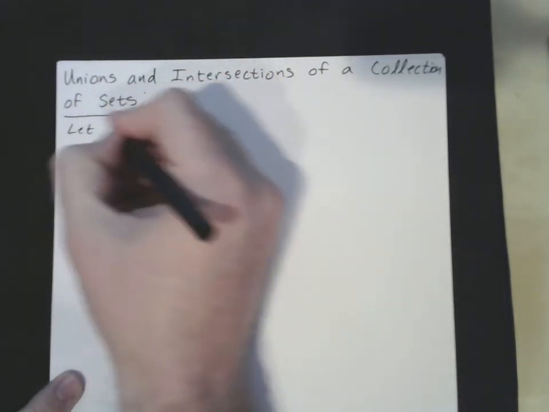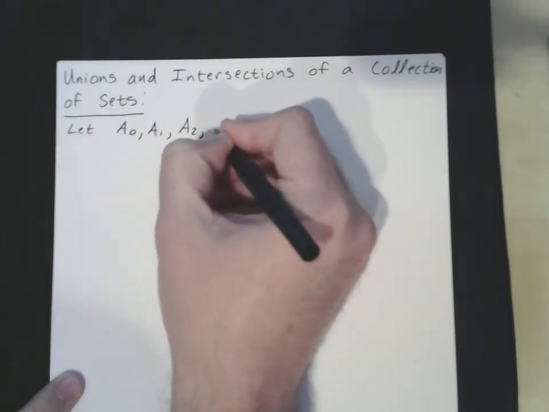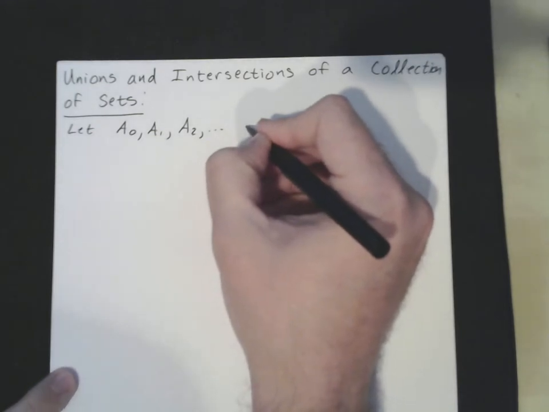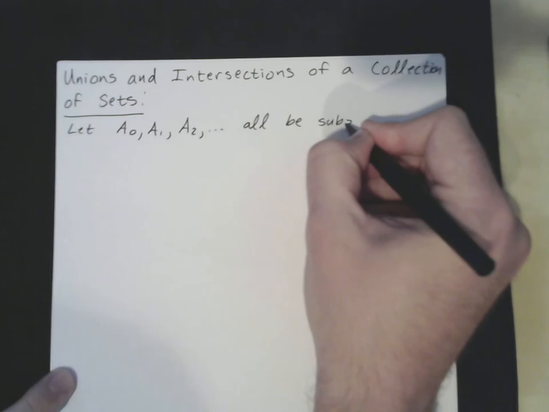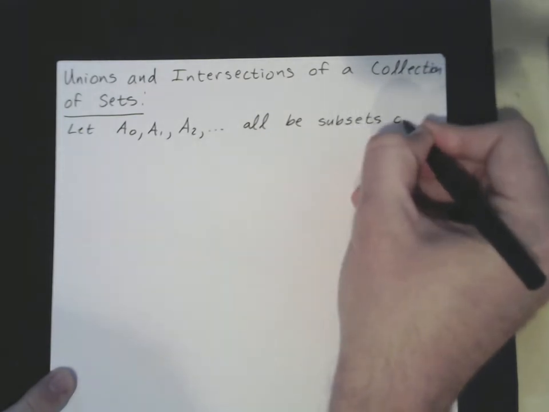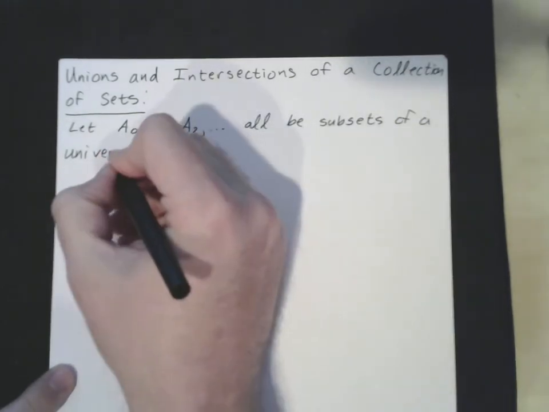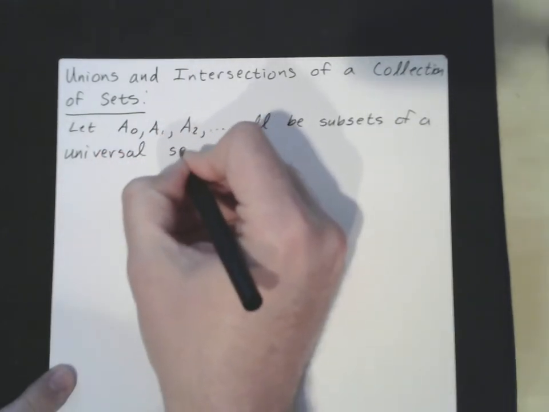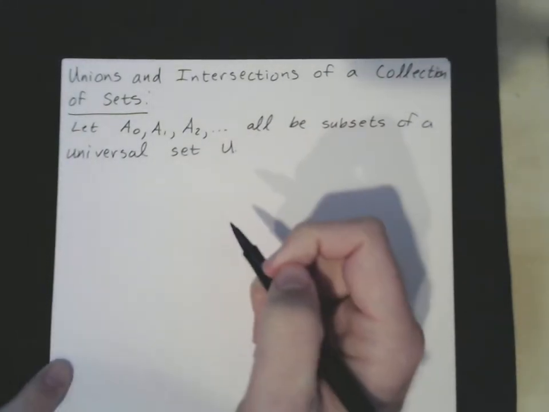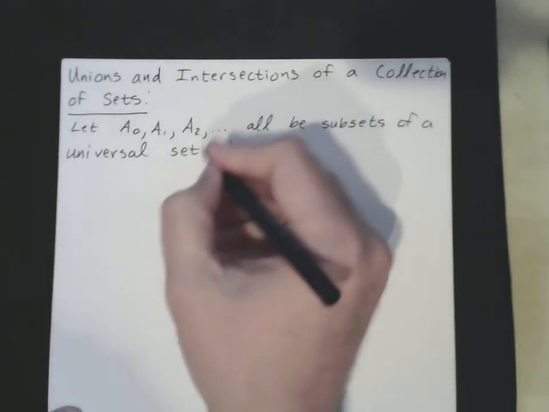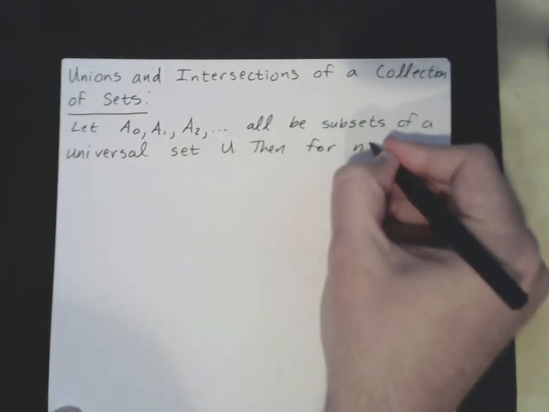So we're going to let capital A sub 0, capital A sub 1, capital A sub 2, dot, dot, dot, just continuing, all be subsets of a universal set U. Okay, so for n greater than or equal to 0,